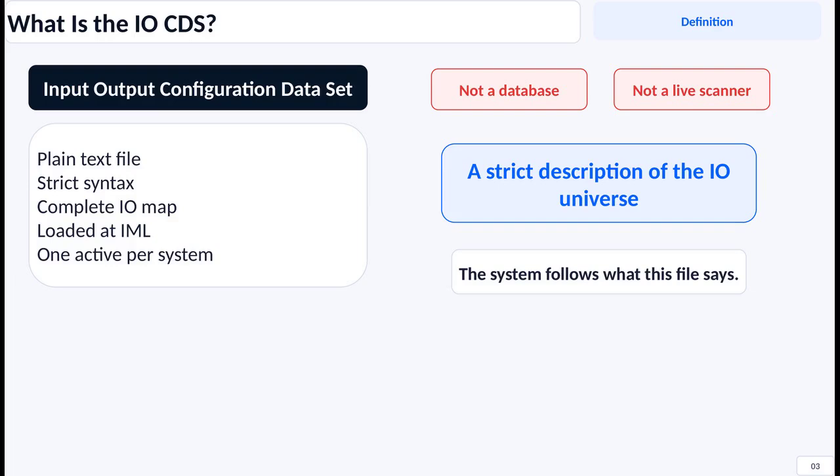The IOCDS stands for Input-Output Configuration Dataset. The surprising part is that it is a plain text file, but it carries enormous responsibility. It describes the complete I/O universe for one Z system. It is not a database that discovers the environment by itself, and it is not a live scanner that checks every cable. It is a strict written description. When the system starts, it uses that description to understand which I/O paths, partitions, control units, devices, and functions are